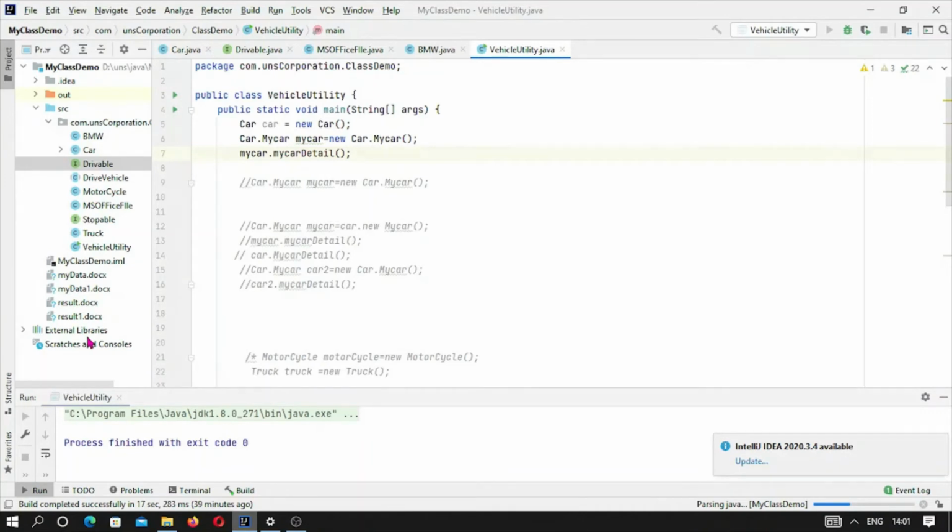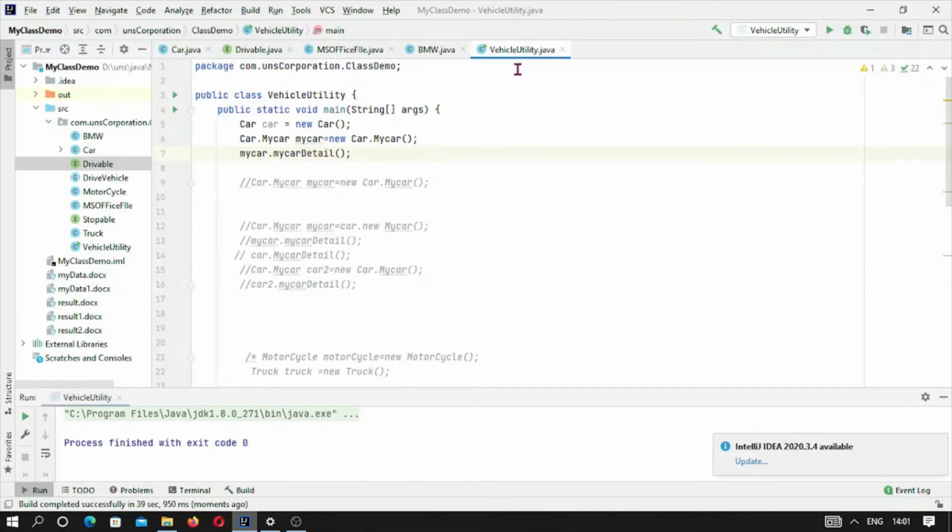So first we take this one, and after that we will make this inner class private, and this private class will not be visible to all. So we will create a method in the outer class, and this is result 2.